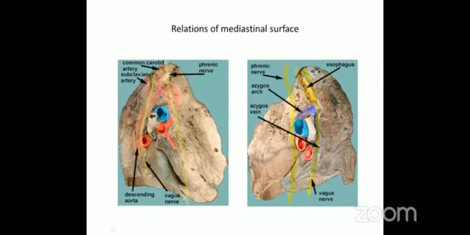First of all, what is common for both the lungs, you can remember like that, are the two nerves. The nerve which is anterior to the hilum will be the phrenic, the nerve which is posterior will be the vagus nerve. That is common. Then the trachea is also common, and the esophagus is also common. Only thing, the esophagus for the right lung is related over here, for the left lung it is behind the descending aorta.